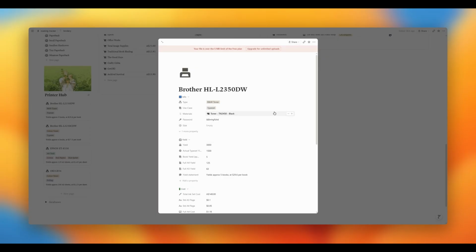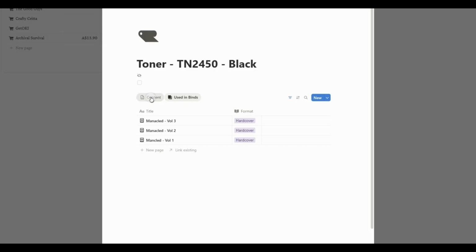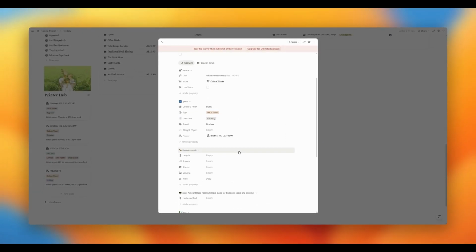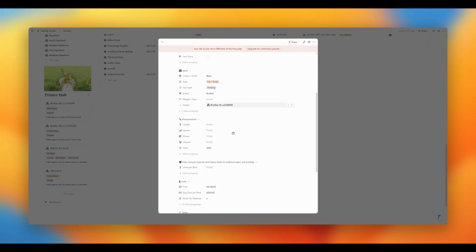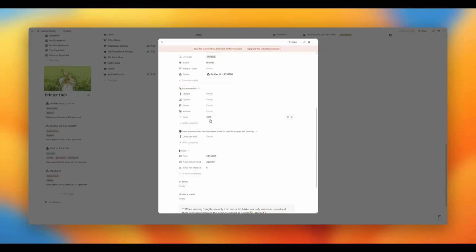Materials, here you want to link in all of the toners and inks that you use for this printer. Those are created separately in the materials database, and they have their own yield and prices attached to them, which help feed into this printer database. I'll just quickly show you, I suppose, what that looks like. So here, this is how many pages that it is advertised to support. And